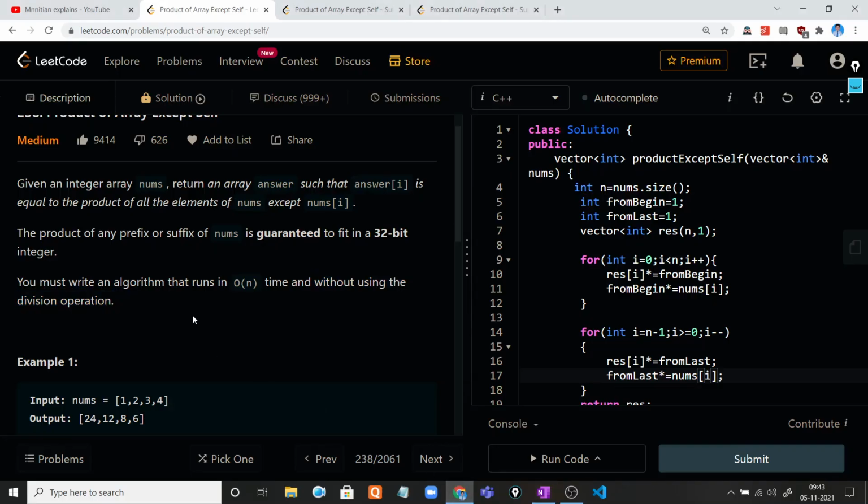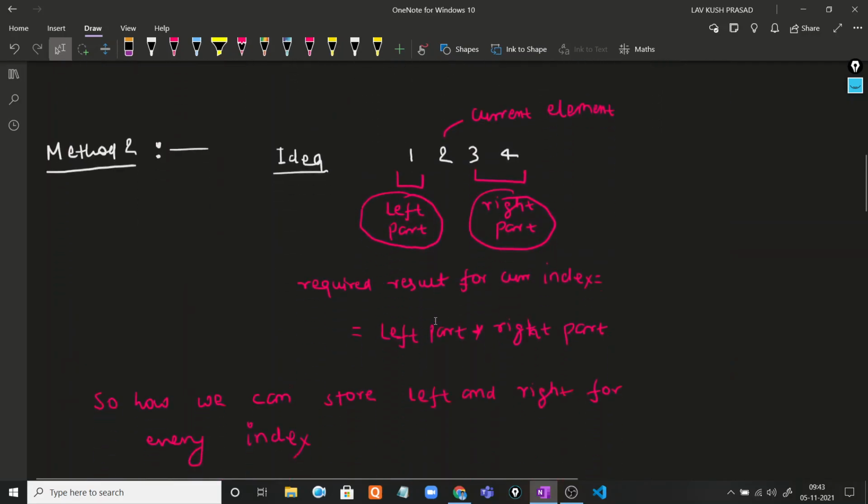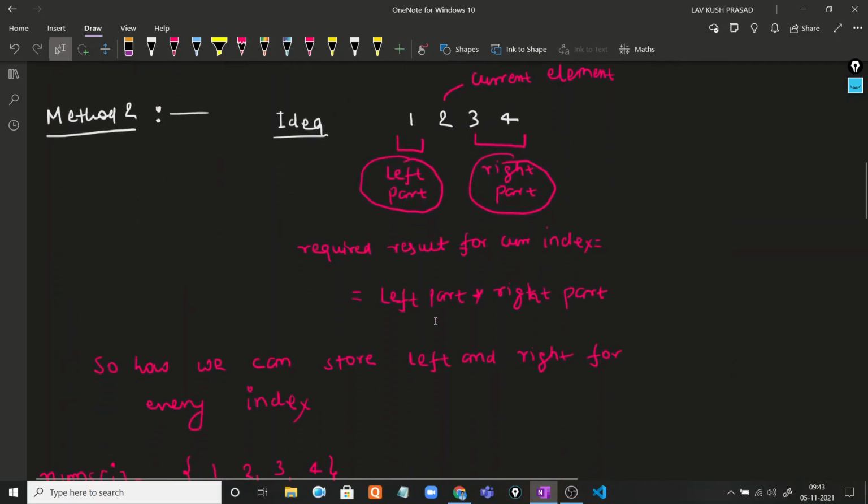So how can we solve this problem without using the division operation? Let's think about another solution. Our purpose is to multiply all the values except the particular index.